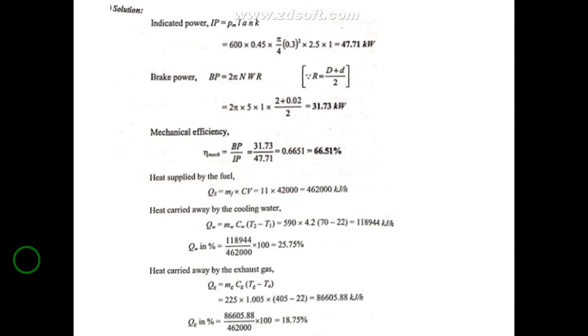Heat supplied is the mass of fuel into calorific value. Our mass of fuel is 11 kilogram per hour, and the CV of the fuel is 42,000 kilojoule per kilogram. Multiplying both values, 11 into 42,000, equals 46